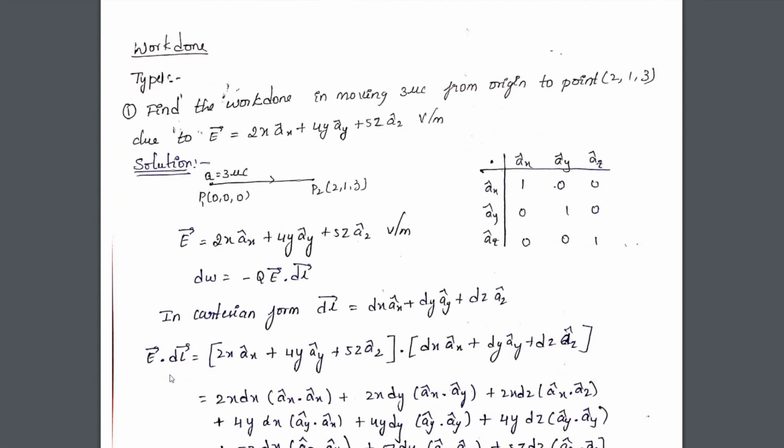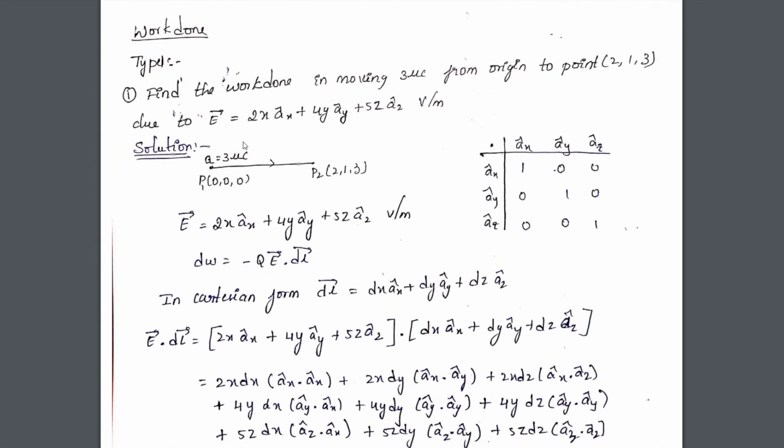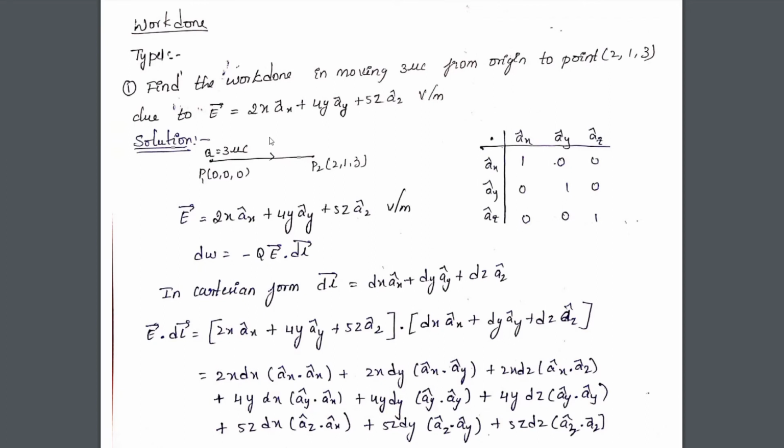So what is that? We need to solve these three values in Cartesian. You apply the equation, whatever relevant values are there, then you need to integrate it. What is given in the first problem on work done? See, all the three problems are almost similar. You can follow it. It's very easy.